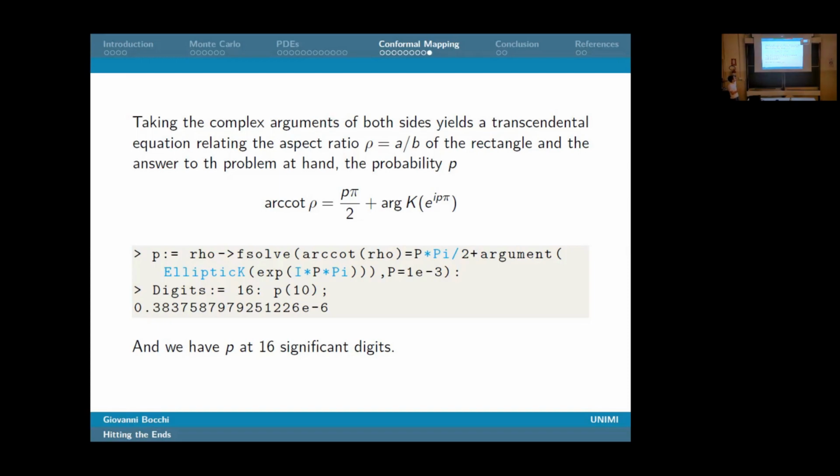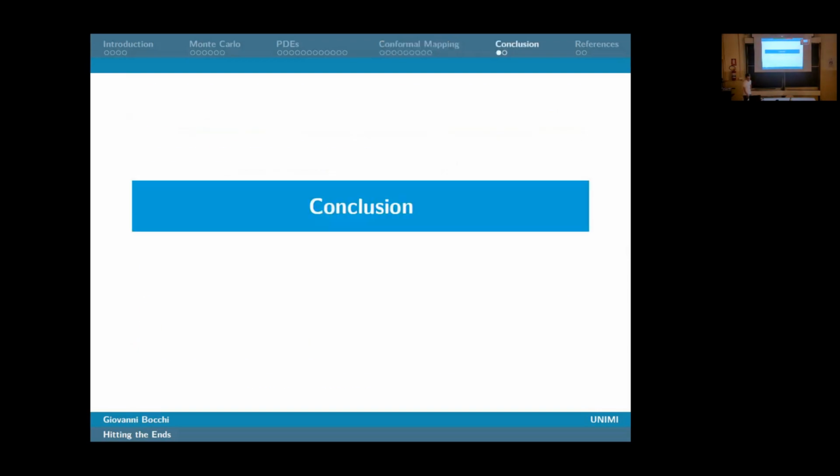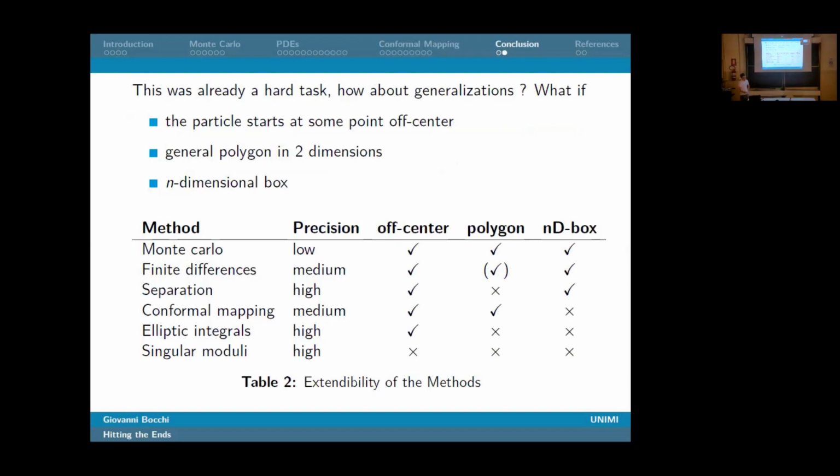We simply code the equation, we request a precision of 16 digits, and we obtain the estimate for p by solving this equation, this time really at 16 significant digits. So again, we solved the problem using the tools of complex analysis this time. So concluding, we solved the problems in many ways, some simpler, some harder, some more precise, some less precise, and